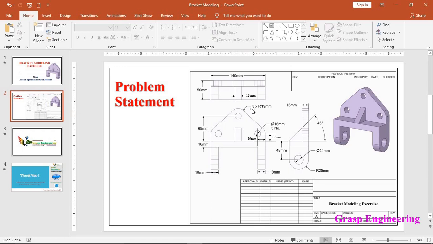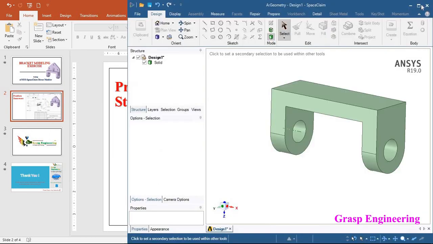You will find three of them, in the sense of three circles: first this one, second this one, and third this. So basically we need to create 65 plus 19. We will create a point over here, and from this point we will create this circle. Similarly, from this point to here, you will find 19 horizontal and vertical, and we will create this R19 further at 1, 2, 3 locations, and then connect them. Once that is done, we will create a 16 mm thickness plate. Then let's move to the actual SpaceClaim.